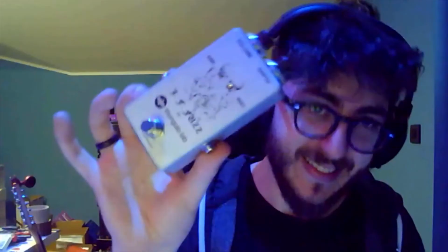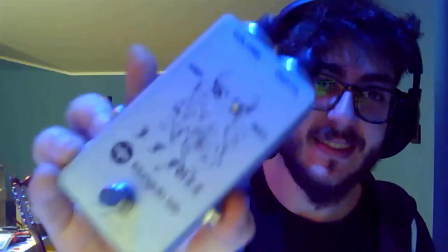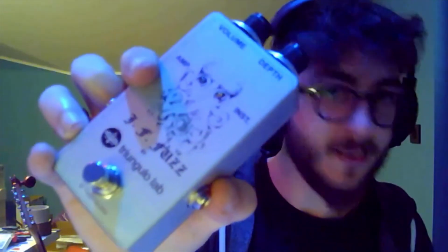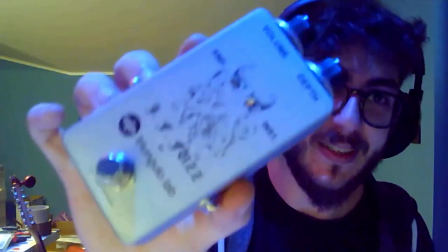Wow, excellent. And what other pedals have you got there to show us? I mean, you've got the JF Fuzz, is that right? Yeah. You can imagine what that means. Yes, exactly. So this is the JF Fuzz. This is the octopus which John Frusciante has as a tattoo on his arm, and I just put it on the pedal, and it's actually, I mean, a very